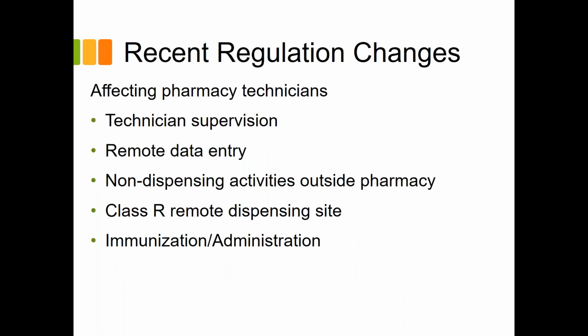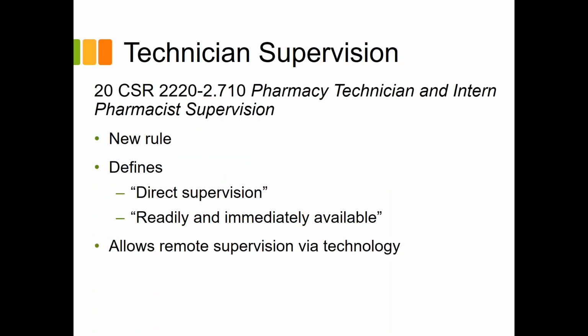But the exciting part about it is these are ones that are advancing the roles of technicians and allowing you to do more. So what I have to talk about is technician supervision, remote data entry, non-dispensing activities, remote dispensing site, and then immunizations administration. So the first one